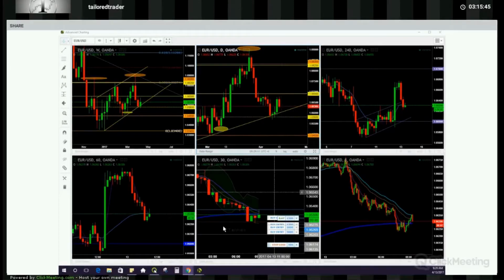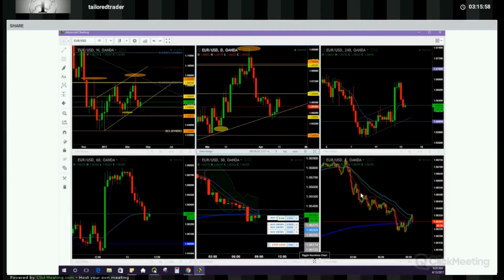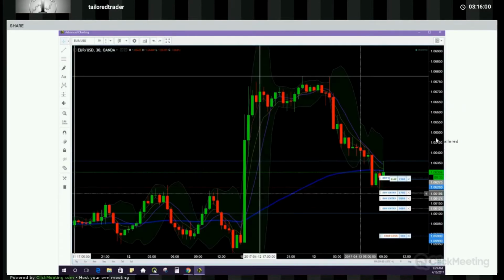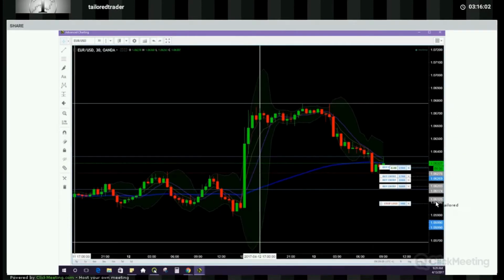Getting right to the analysis, I wasn't short overnight or anything like that. So I'm coming to the screens, looking at it, and now taking action. With that move, it allowed me to draw some fibs. So if I open up this chart, which is a 30-minute on the Euro USD,